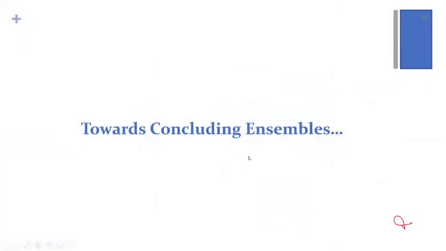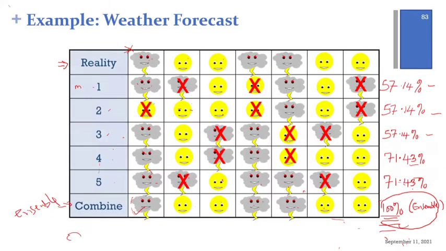As we move towards the ensemble, we're going to consider this as a concluding aspect of it. I started by saying that we started ensemble by looking at this hypothetical case, whereby we considered 5 different base learners that have been trained on the same data set. And then we can see how a simple